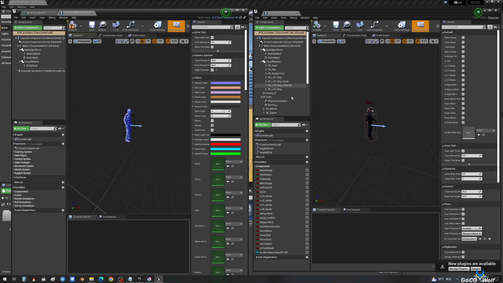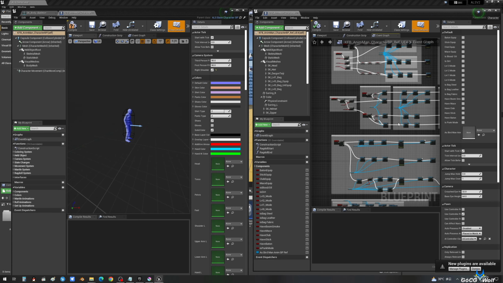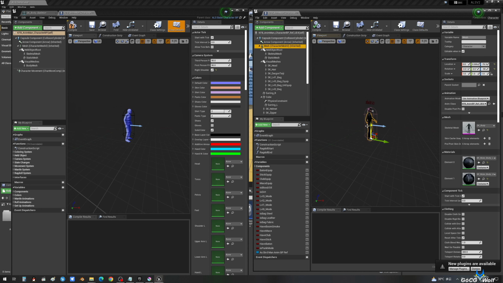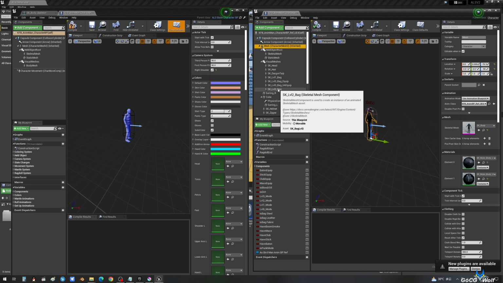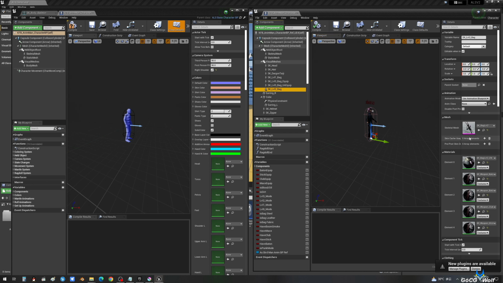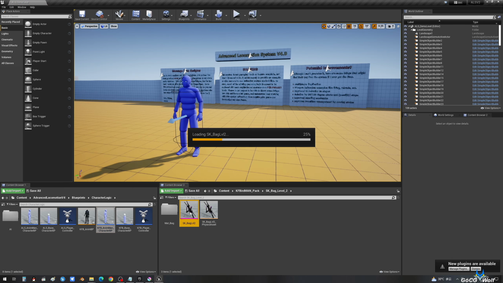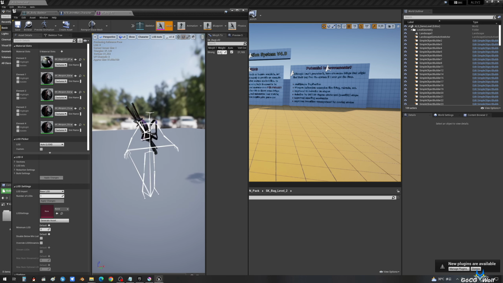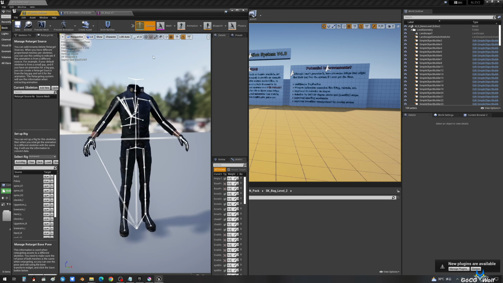We should first copy the components over, before copying the blueprint nodes, so that the nodes don't become invalid. It's essential to note that components attached to the main skeletal mesh come in two types. The first type of component shares the same skeleton with the skeletal mesh. They must have the same animation to maintain overall motion.